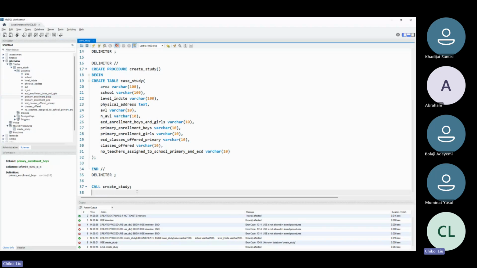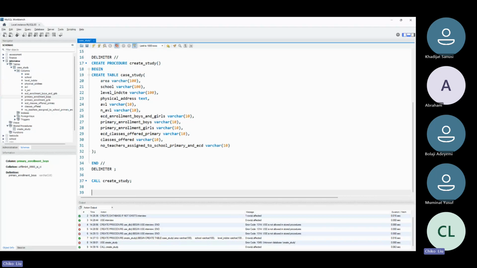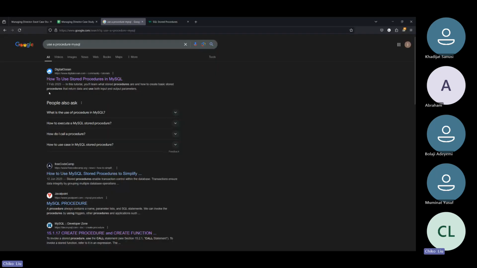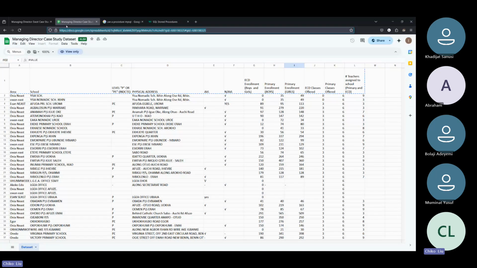Now that I'm done doing that, I want to load my data. Now my data is here. I want to download it. Now I'm going to download it as an,